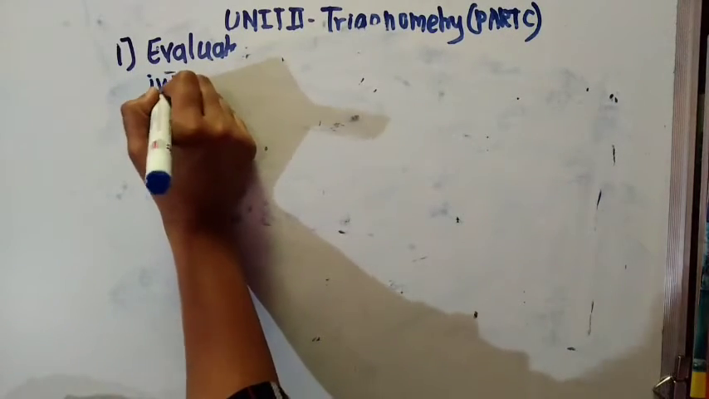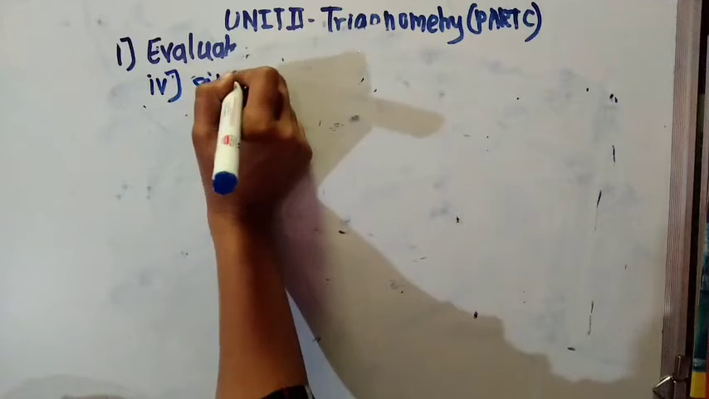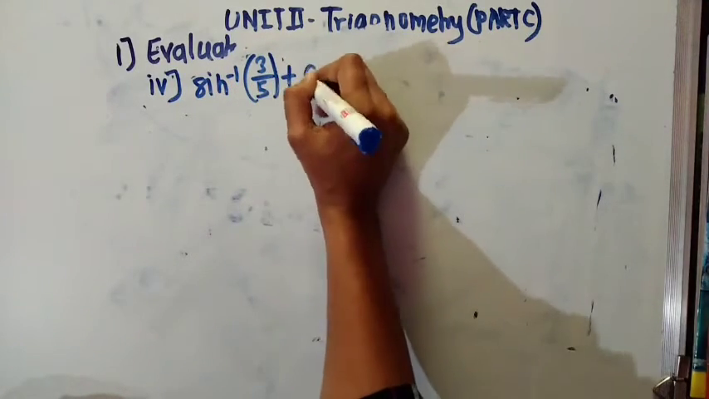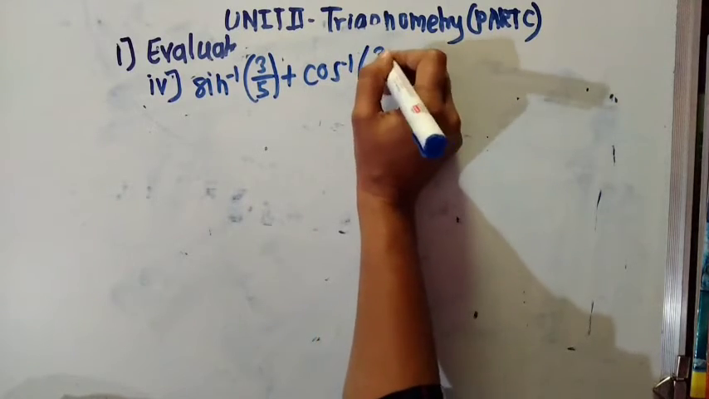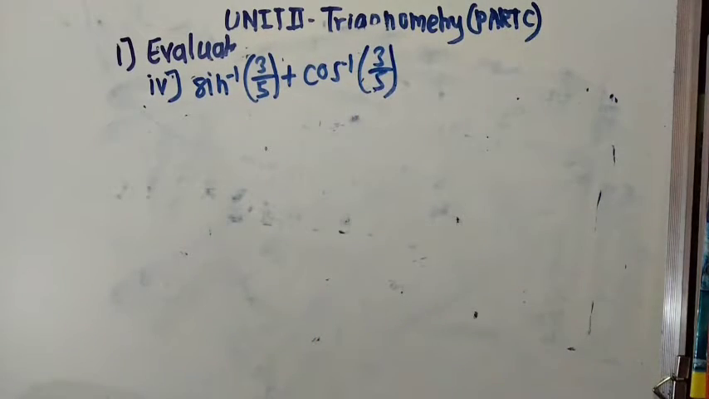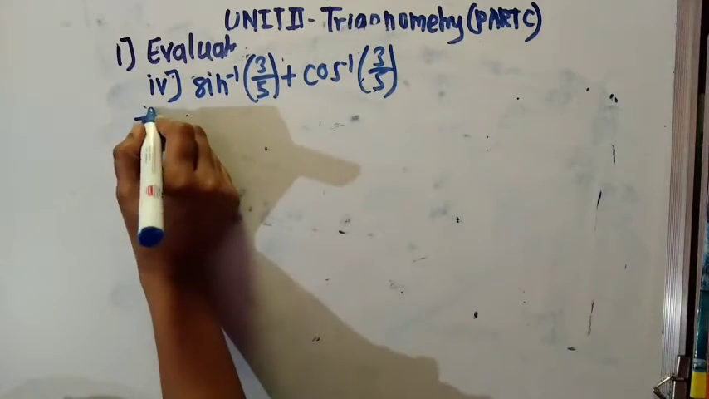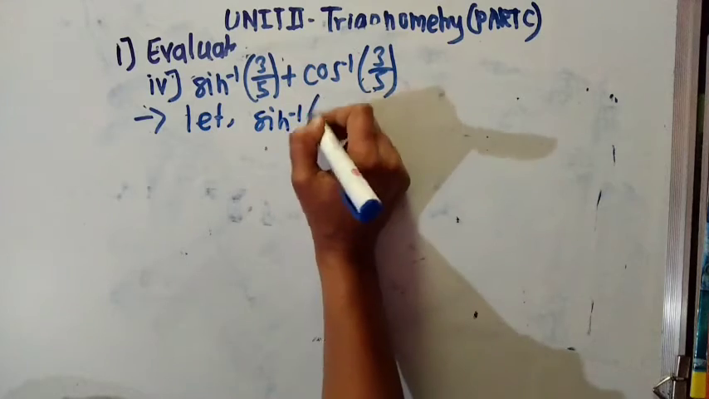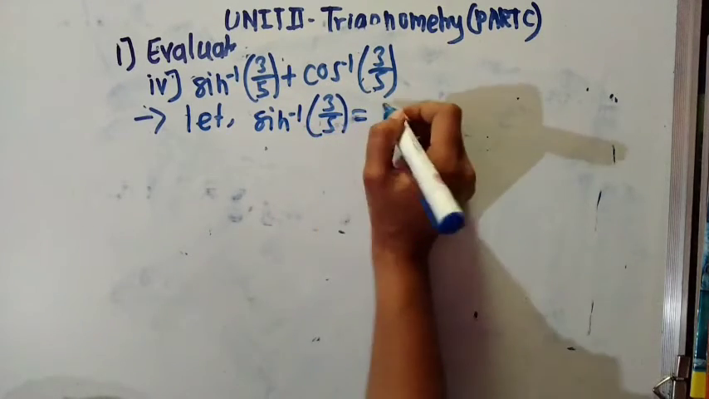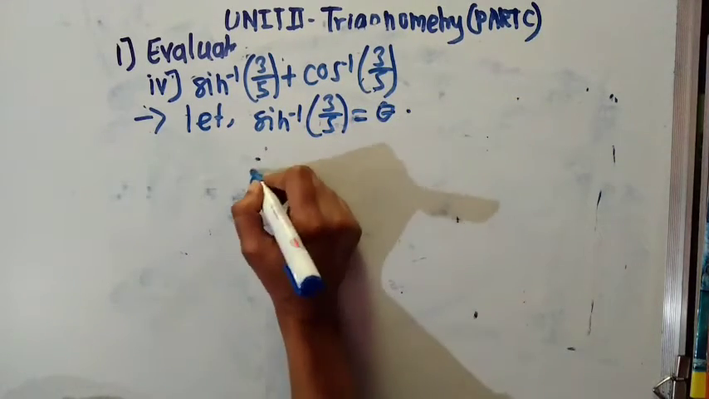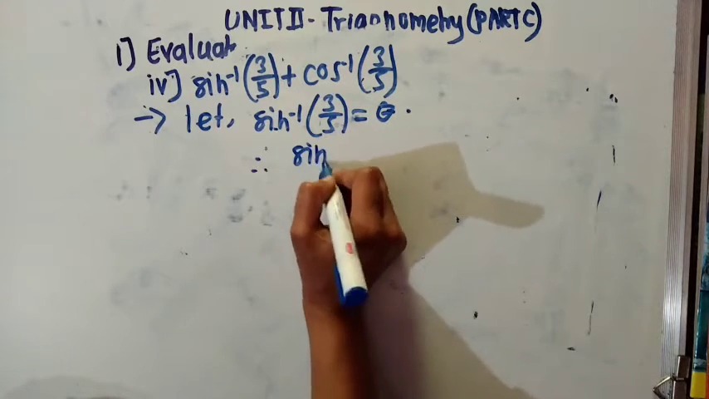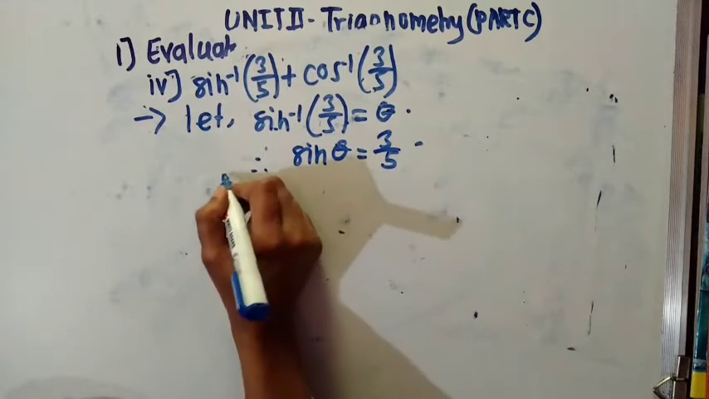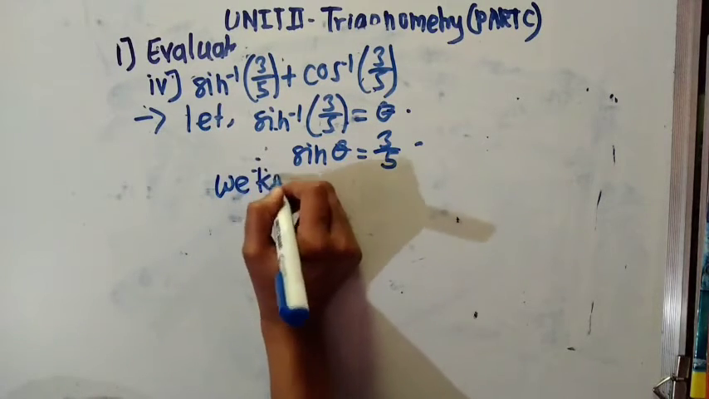Then we give fourth example. Evaluate sin inverse of 3 upon 5 plus cos inverse of 3 upon 5. Let us consider sin inverse of 3 upon 5 is equal to theta. Hence sin theta is equal to 3 upon 5. But we know that